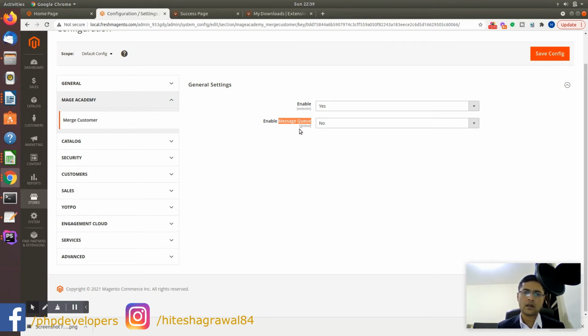To avoid that, we will send this process to the message queue, so the customer will not face any delay while registering. Okay, so let's not take this for now. Just take this enable and disable.